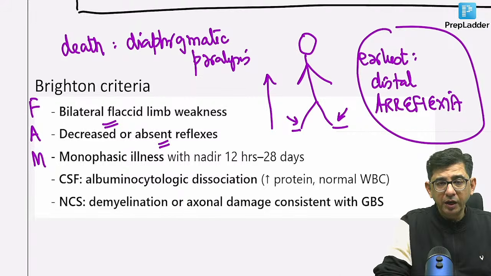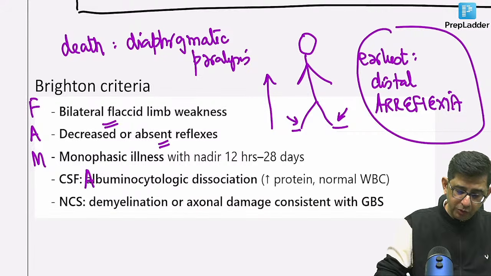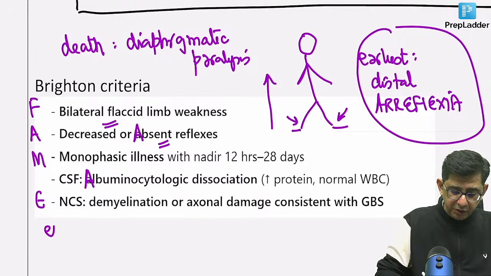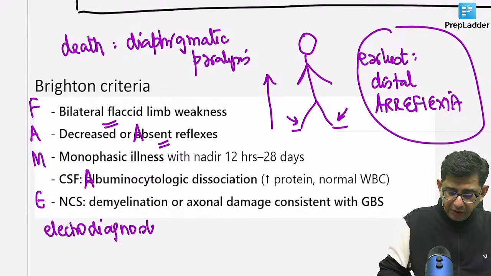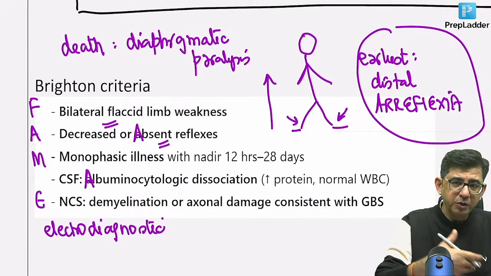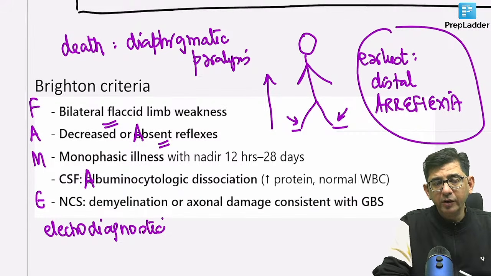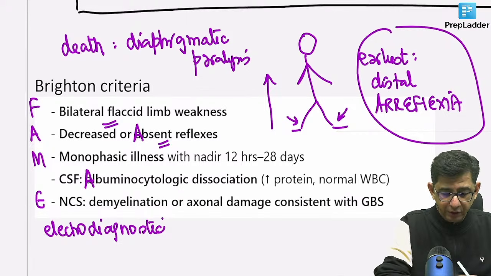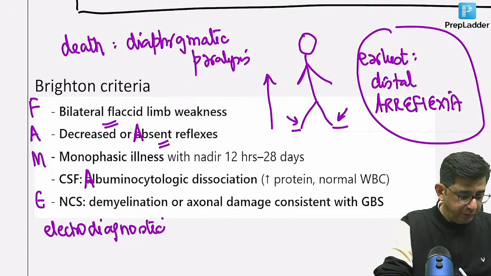Then is another finding which is present with A, albuminocytological dissociation. So I can use the alphabet A 2 times: absent reflexes, and albuminocytological dissociation. And E is for electrodiagnostic studies. What are the electrodiagnostic studies done here? That is nerve conduction velocity. That would be showing a demyelination or axonal damage, which is consistent with Guillain-Barre syndrome. So FAME is a mnemonic that helps us to remember the Brighton criteria for diagnosis of this condition, where the alphabet A is coming in the discussion 2 times, absent reflexes and albuminocytological dissociation. The main treatment for this condition,